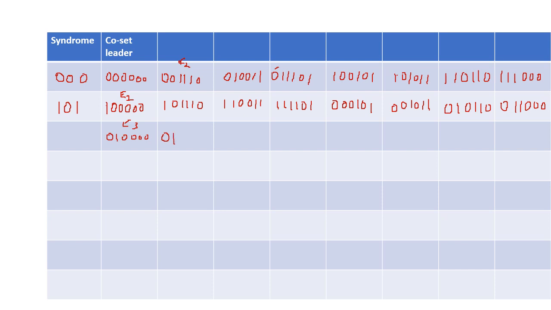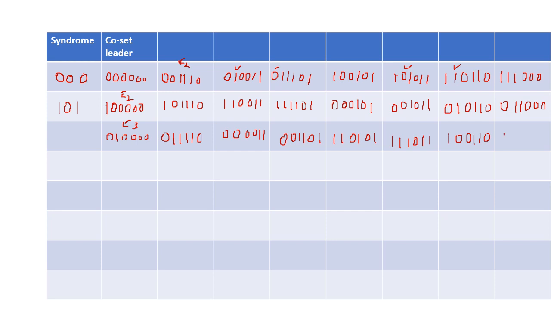So we are going to get 1 1 1 1 0. Similarly we are going to XOR this with the second bit. So 1 XOR 1 we are going to get 0, then 0 0 1 1. Similarly, with this second bit XOR we are going to get 0 0 1 1 0 1. Then the next one will be 1 1 0 1 0 1. The next one we are going to XOR with the second bit. So 1 1 1 0 1 1. Then XOR it with the second bit. So we are going to get 1 0 0 1 1 0.